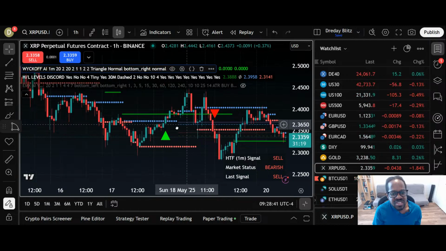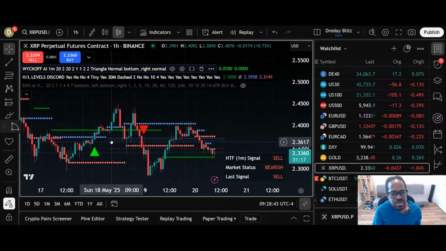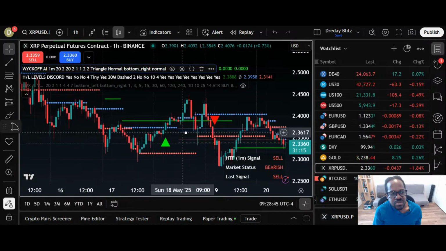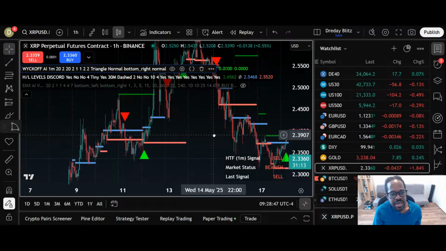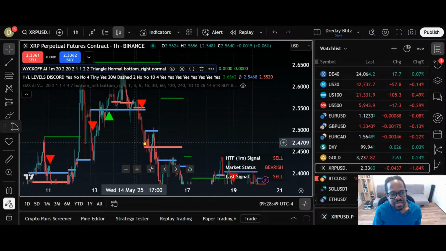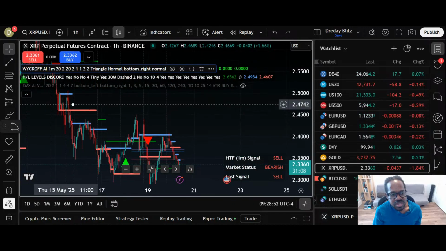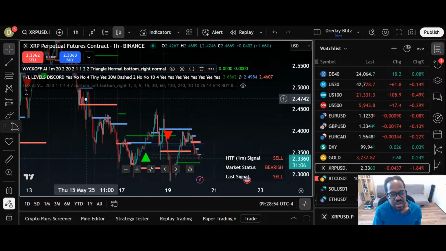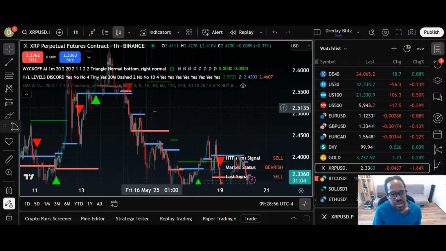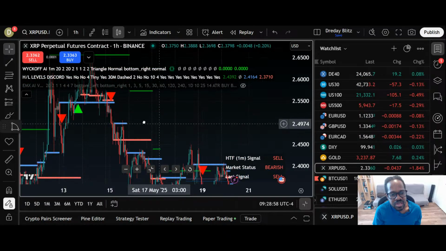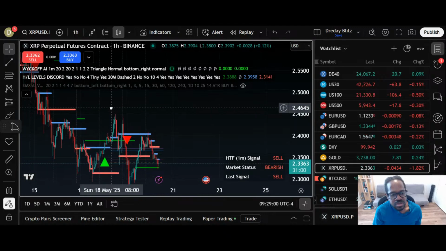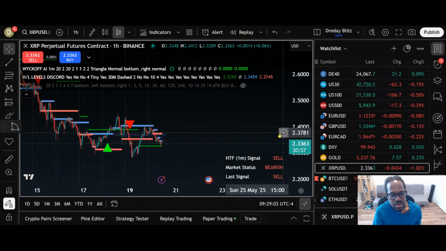So currently on a sell setup here. The next signal should be a buy, and it will be a buy, so waiting for that. But currently with the W, we do have a fair value gap here on XRP. So expecting to go long